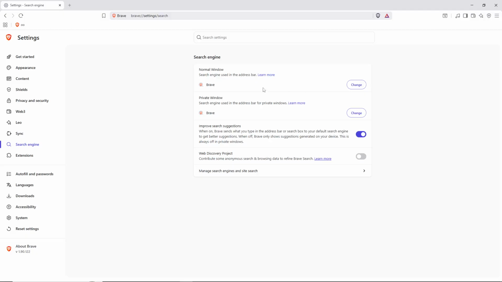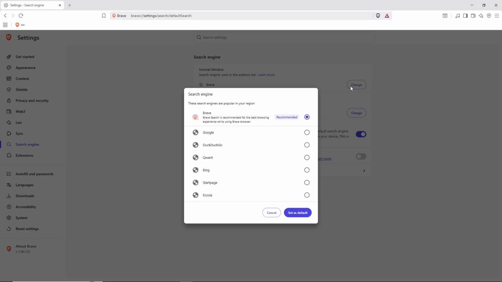Now that you're in the search engine settings, look for the section labeled Normal Window. Right beside it, you'll see a button that says Change. Click on this button to open up a list of available search engines. This is where you'll choose which search engine you want Brave to use by default whenever you search in a regular browsing window. In the window that appears, you'll see a list of popular search engines like Google, Bing, DuckDuckGo,